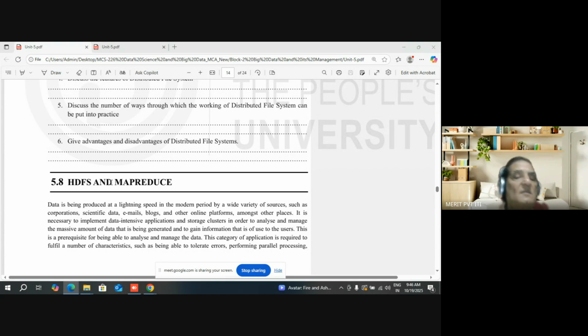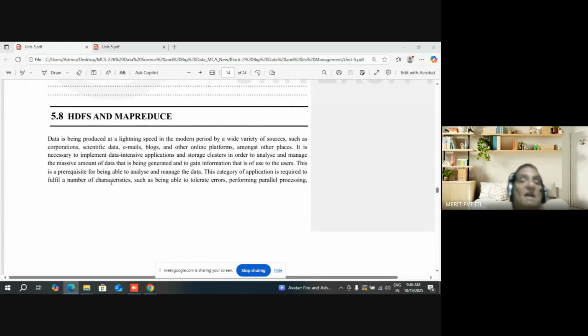This data is being produced at lightning speed, very fast in the modern period, by a wide variety of sources such as corporations, scientific data, email, blogs, and other online platforms, among other places. So this is a prerequisite for being able to analyze and manage the data. The application is required to fulfill a number of characteristics such as being able to tolerate errors, performing